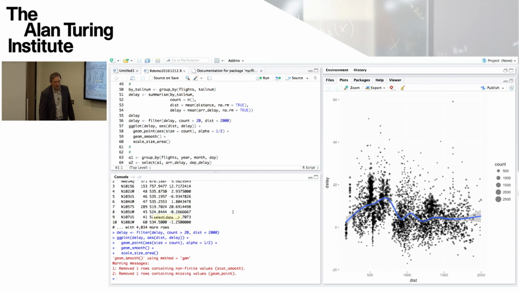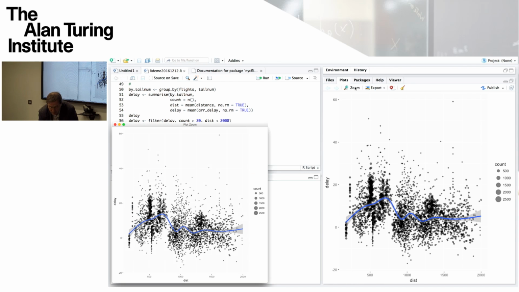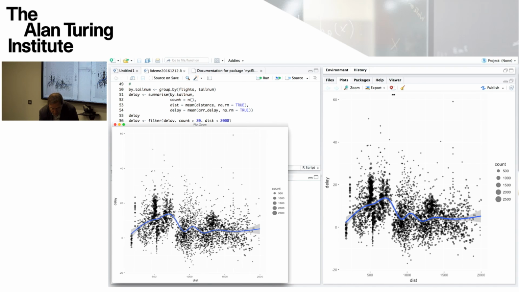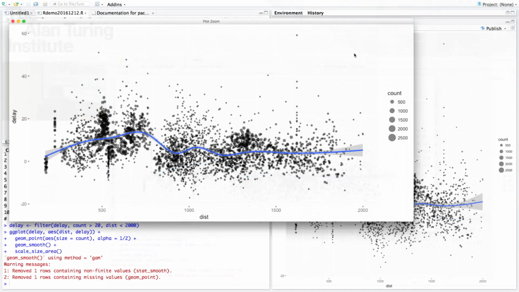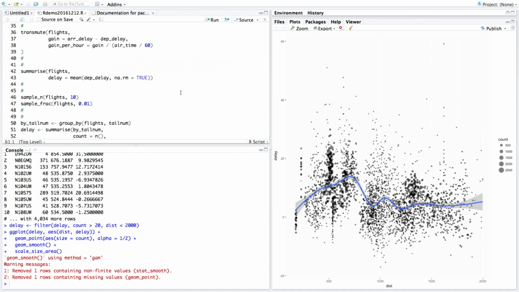Okay. So I'm sure there are lots of features of this plot panel, but I know, for example, plot zoom allows you to pull off a nice flexible panel with the plot in if you want to. Okay, and I guess there are other ones of flipping backwards and forwards between your plots using the arrows.